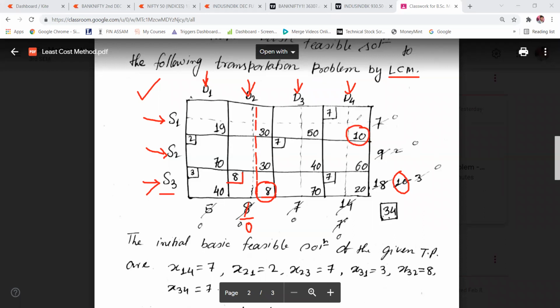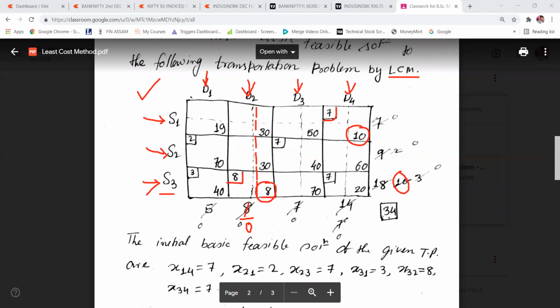This is in the first row and the fourth column. We need to check the supply and the demand. Demand is 14 units and supply is 7 units. Which one is minimum? 7 is minimum, so we can allocate this 7 here.